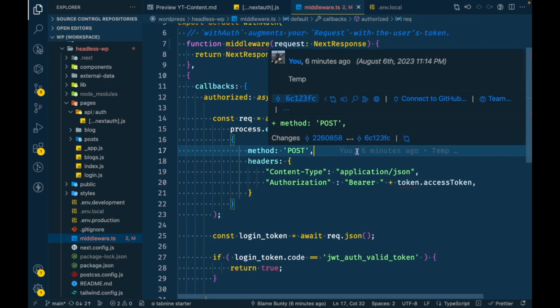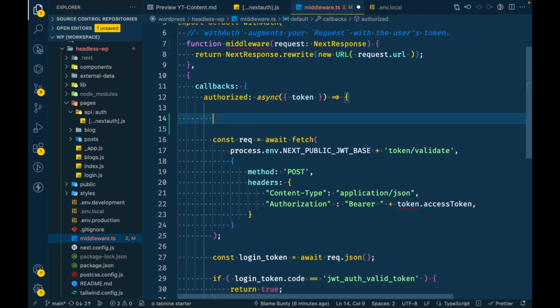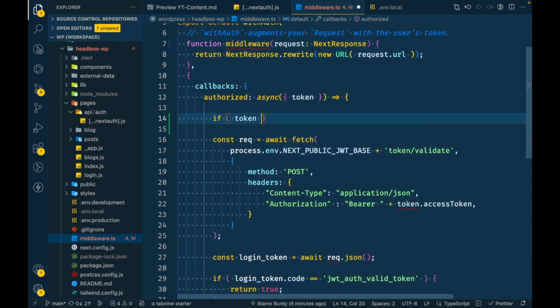So yeah, because this access token will be available only after the login. So what I'm going to do is check if token, access token,